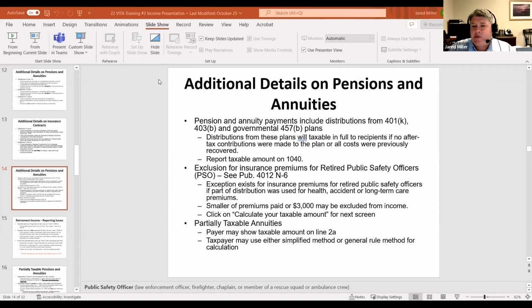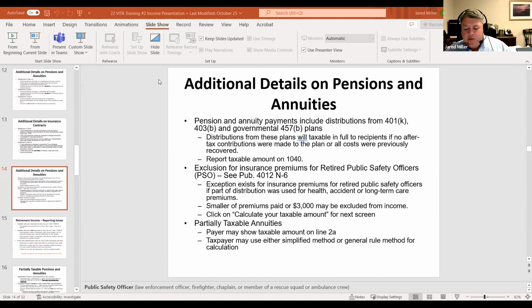If they're using some of their retirement distribution to pay insurance premiums, they can actually get a reduction of their taxable amount: the smaller of either the premiums paid or $3,000, obviously whichever one's smaller. And we have some instructions on the N6 of how to enter that for a PSO. When you prepare the return, you'll see a little indication on the 1040 that says PSO, and the taxable amount of distribution will be reduced by that smaller of the premium or $3,000.